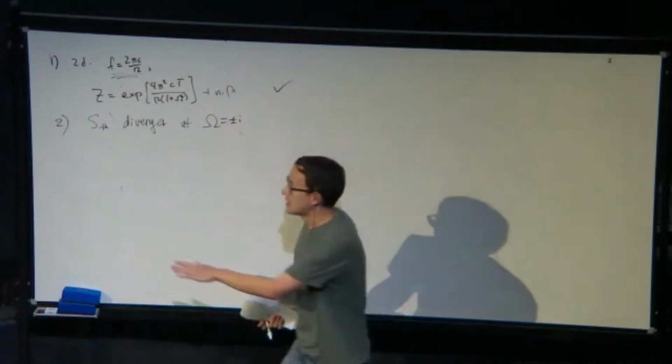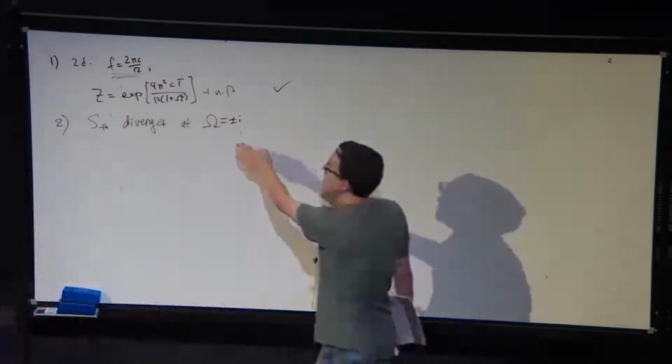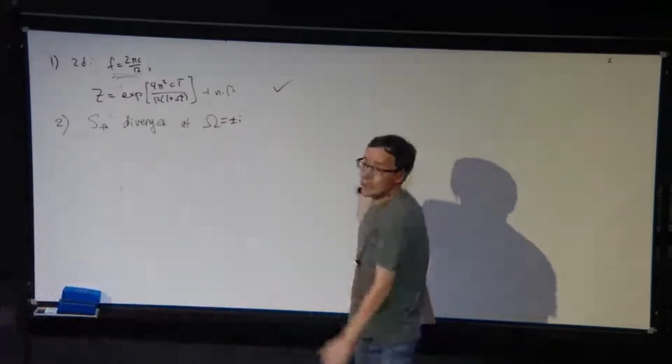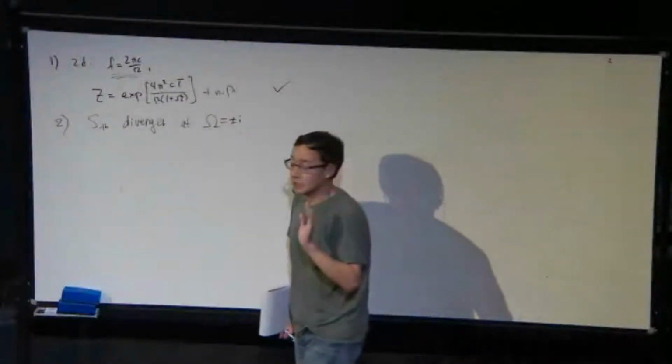The second thing you'll notice is that there's a 1 plus omega squared in the denominator here. Let's assume for simplicity that I just turn on one of the chemical potentials, although I can turn on others. So we see that this S thermal diverges at omega equals i. And this is the right physical interpretation. This is us rediscovering the unitarity bound.